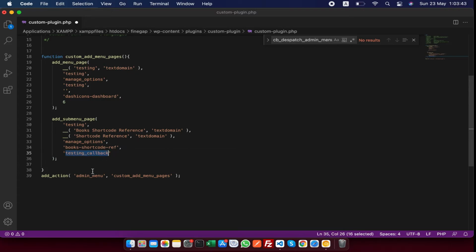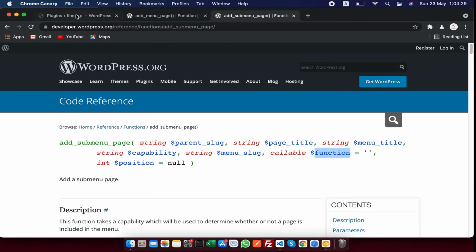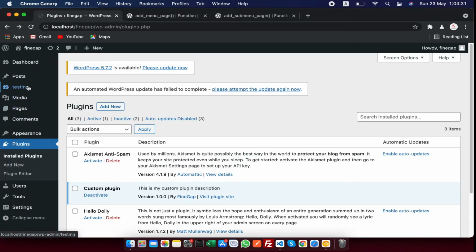I am changing the name of the callback function. Let's make a function. Close it. In the callback function, we do not need an action hook like this. We just need to call it and do whatever we want. Just save it and refresh.